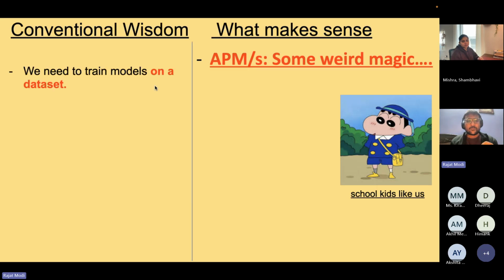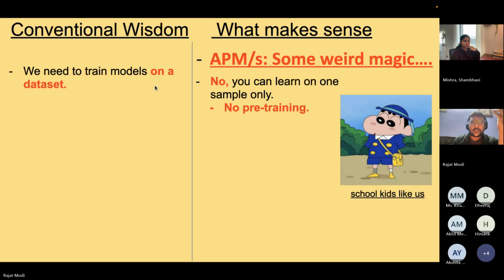So, for example, one of the key understandings in computer vision is that we need to train models on a very big data set, and that is how AlexNet is trained. So you train all the language models also on billions and trillions of samples. Now, in our case, there is a network which can just learn on one sample, and there is no neural network in the world which can just learn on one sample. But this architecture can just learn on one sample, and it does not need any pre-training.